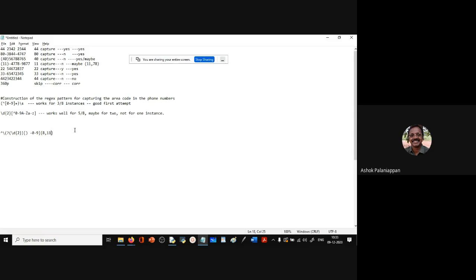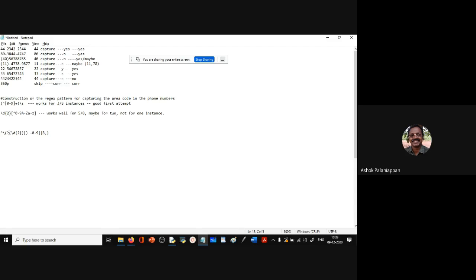So let's just say 8, comma, that means minimum 8 times. So this pattern is repeated at least 8 times. Whatever is here, any character from this set, at least for 8 positions, we have it. Now when we use this, you see what we are doing. It has to match at the beginning, so it's searching for the pattern only at the beginning. And it says the parenthesis is optional.